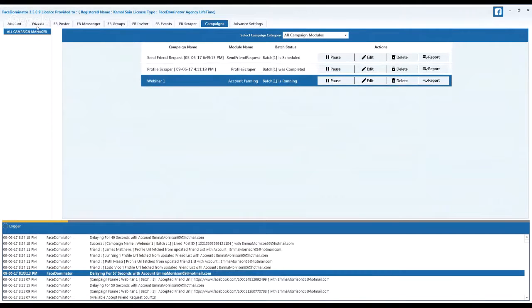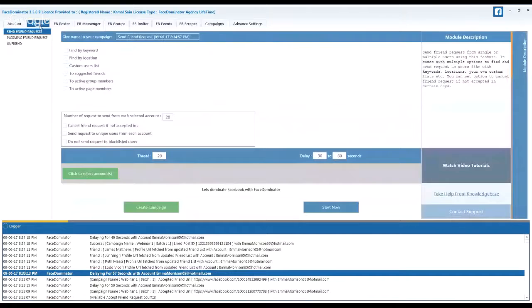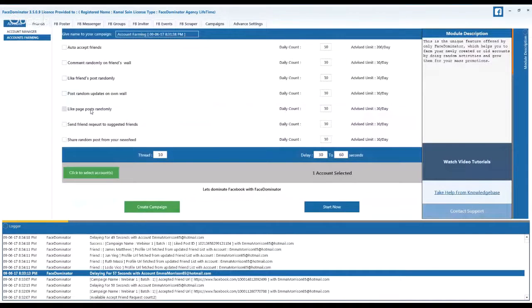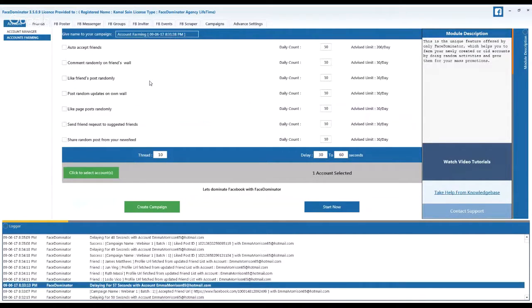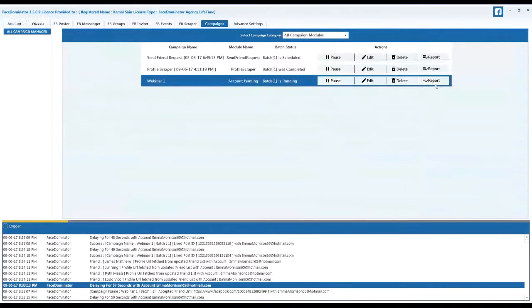In a similar way, it is going to accept friends, like posts, then like posts from the pages, send requests to suggested friends, and share random posts from the news feed. And we can always check with the reports whether it is working or not, and find which activity has been done by the software.